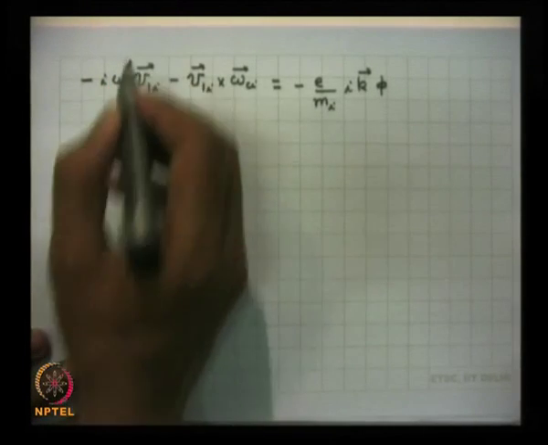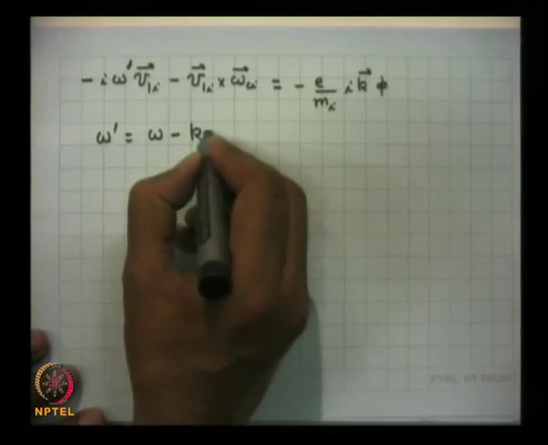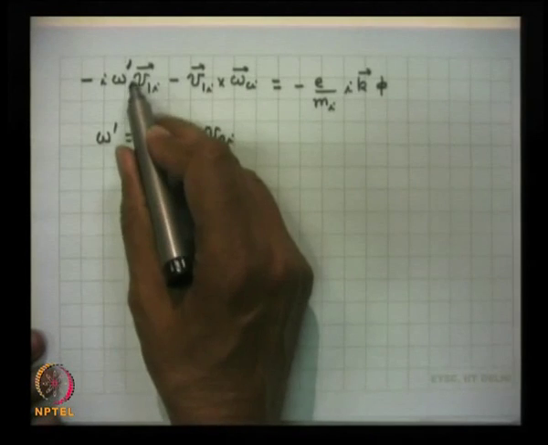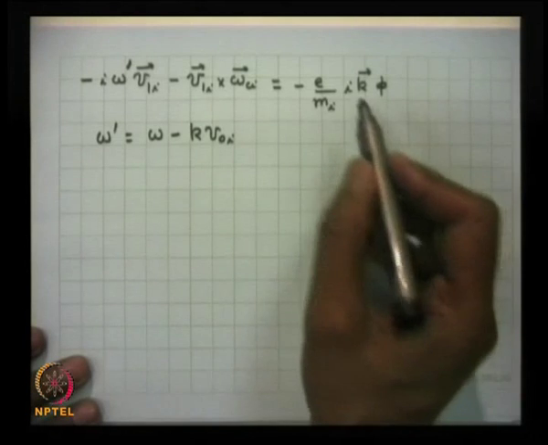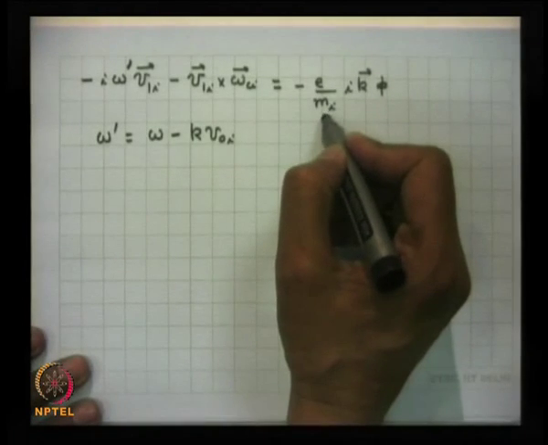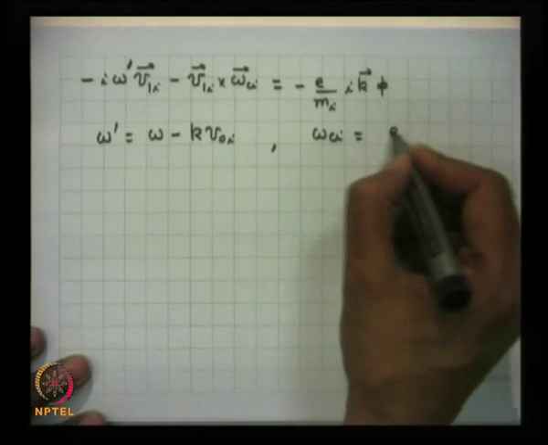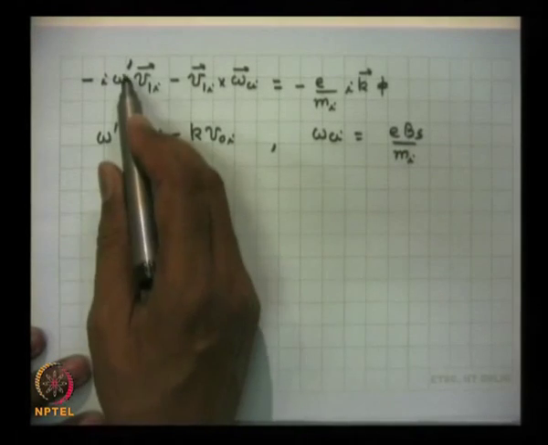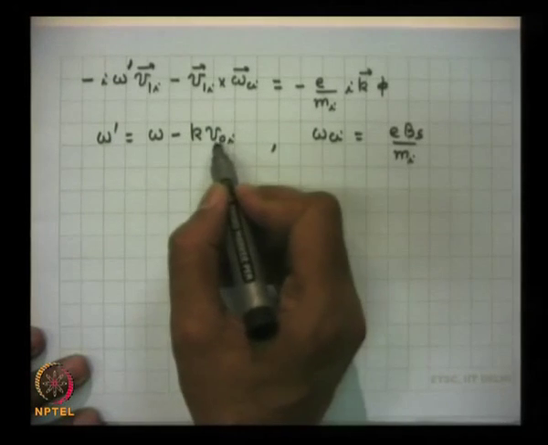Omega prime is equal to omega minus k V0I. This is the only modification. This is the same equation as the electron equation of motion, with the charge of the electron replaced by the ion charge, so the minus sign is there, and the electron mass replaced by the ion mass. Omega Ci is the ion cyclotron frequency, which is defined as eB0 upon Mi, and omega prime is some sort of a Doppler shifted frequency of the wave of perturbation as seen by the